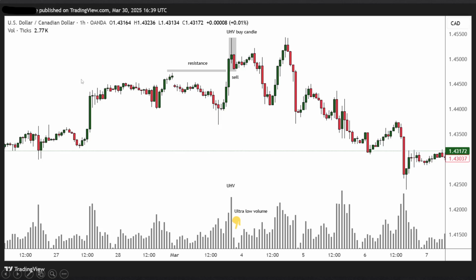Now this is a USD CAD one hourly chart, and you have a resistance to the left side, and suddenly the market breaks out of that resistance. You saw the ultra high volume pin bar type candle after this breakout, and then the market starts reversing by engulfing that ultra high volume pin bar type candle, and there was a very low volume on this engulfing